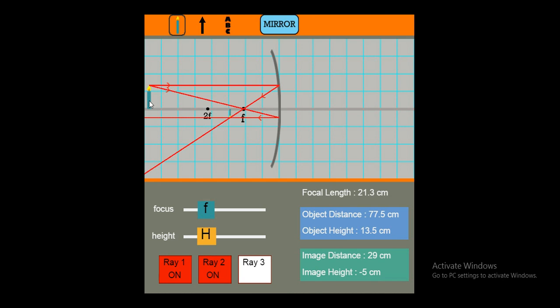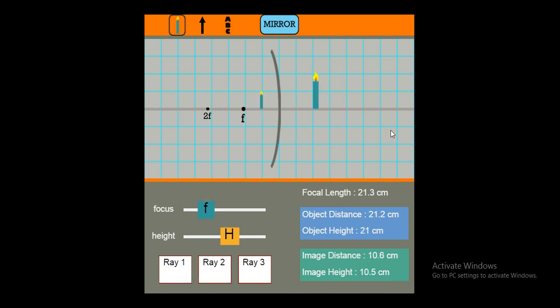Then what is the change of this image? The image is always much smaller than the object, this one. Now you can get the idea about that. This is some kind of distance. Then we can place this object very far away from C. Then you can see the change of the image: the image of the object is also very much smaller than the object.